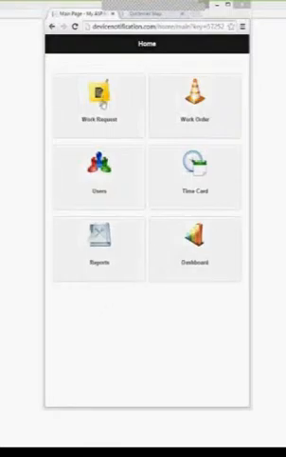So the basic modules are work request, work order, time card, and users. And the advanced modules are dashboard, reports, and inventory and inspections that you don't see. We have many other modules that can be added. So the workflow is any problem first gets reported as a work request or a service request. And this can be a local government, a municipality, a state, city, county, or a property management company, or building maintenance